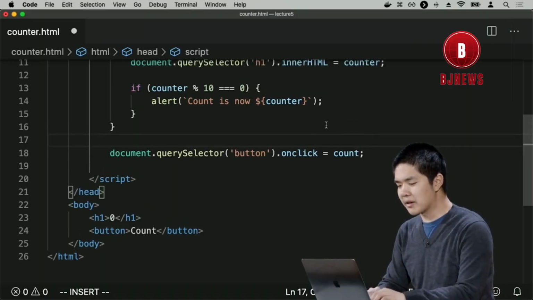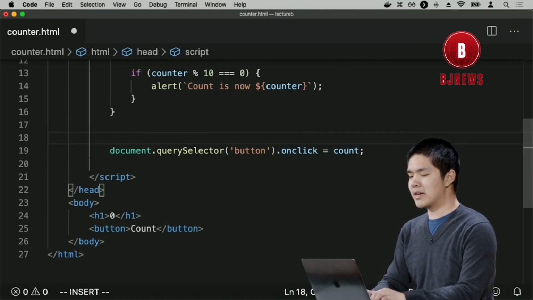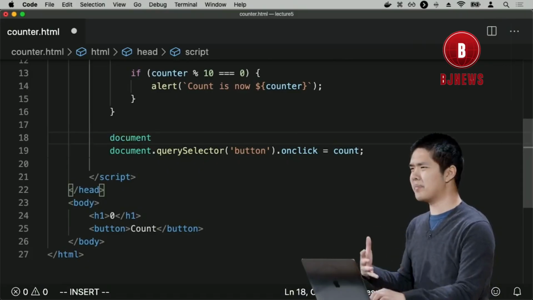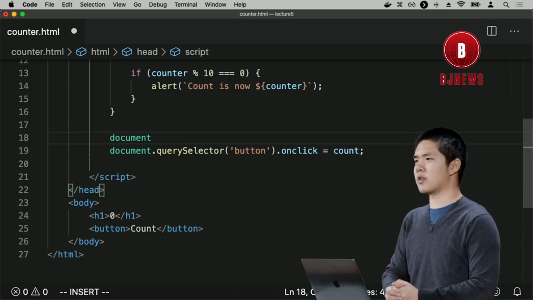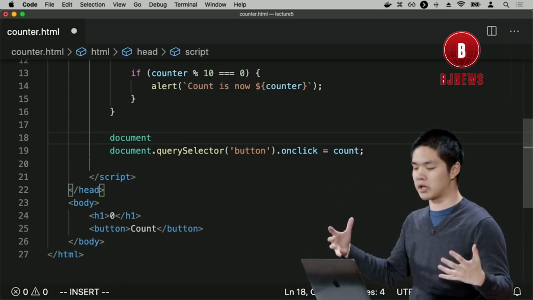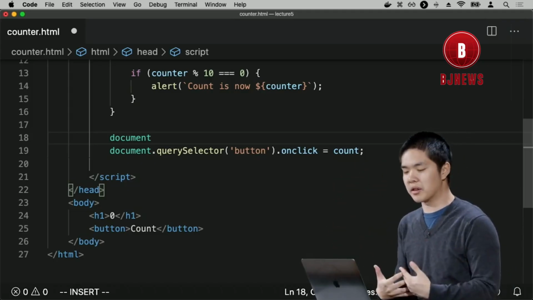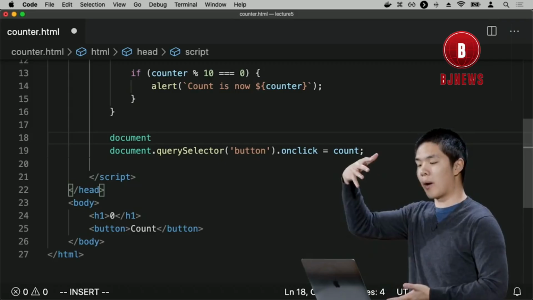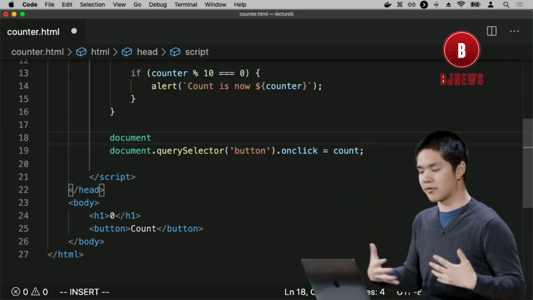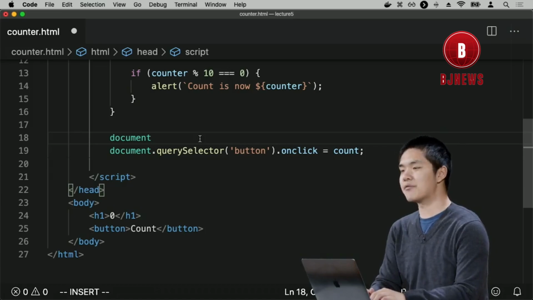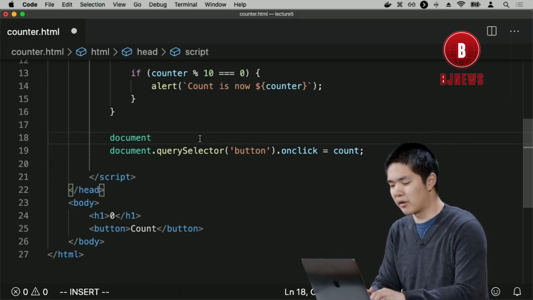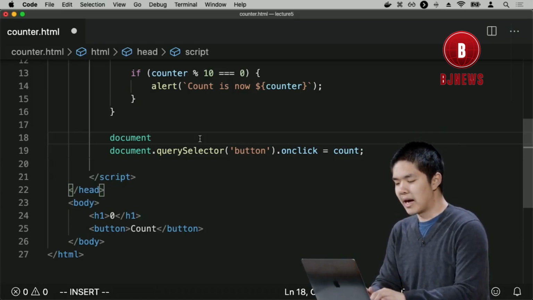And we're going to add an event listener not to the button, but to the entire document, where document is a variable built into JavaScript that we have access to on the web page that just refers to this entire web document. I've used document.querySelector already to look through the whole web document, trying to find a button or an h1 tag, for example. But I can also add an event listener to the document itself. And in order to do that, I can say